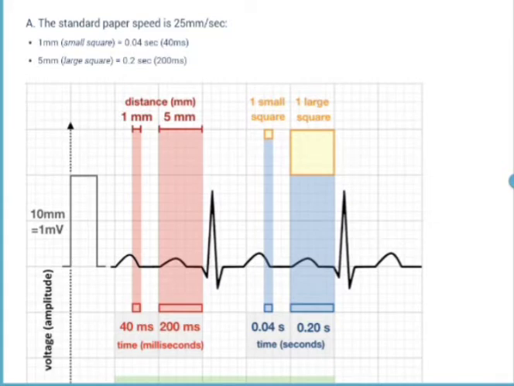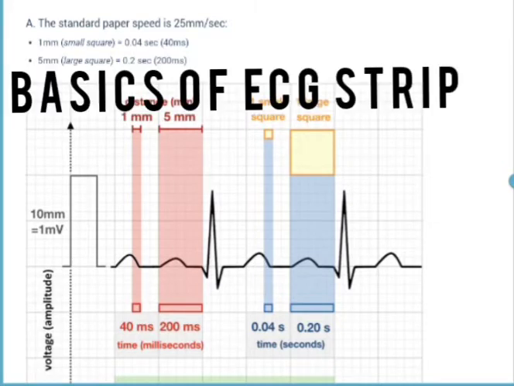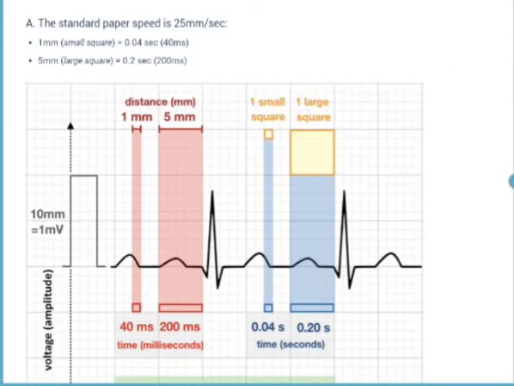There were first a few questions which were asked: sometimes time is given in milliseconds and sometimes it is given in terms of small boxes, and sometimes the ECG lead is operating at 25 millimeter per second, sometimes at 50 millimeter per second. So what is the basic difference between a 25 millimeter and a 50 millimeter per second rhythm strip, or what is the difference between the different time intervals which are given?